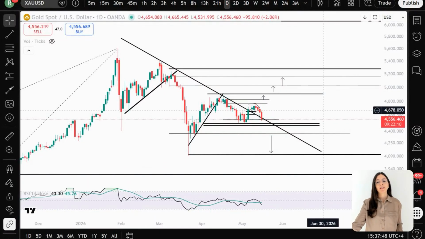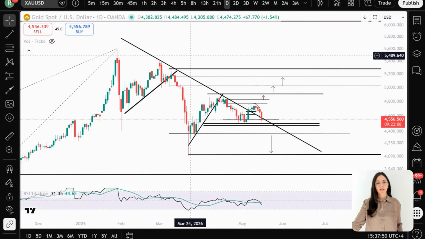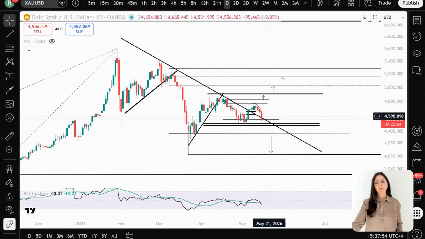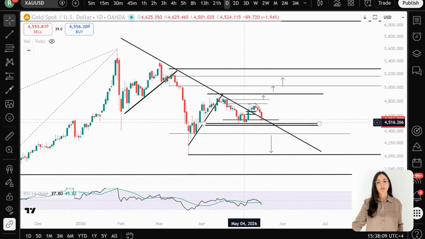the price action is retesting the trend line that connects consecutive lower highs since March 2026, which is a sort of defining barrier between long-term bullish continuation and bearish continuation on the chart. We're currently testing a critical support zone here between the 4,550 and the 4,500 support, which was the previous low of May 2026. A clean breakdown below these levels is likely to extend bearish forecasts for the gold chart all